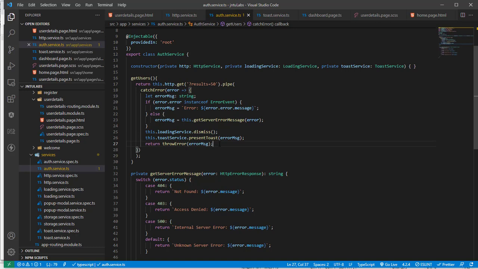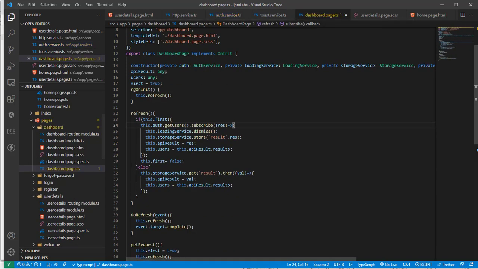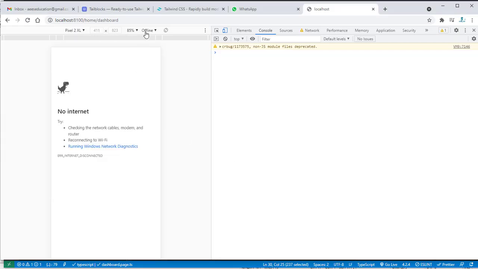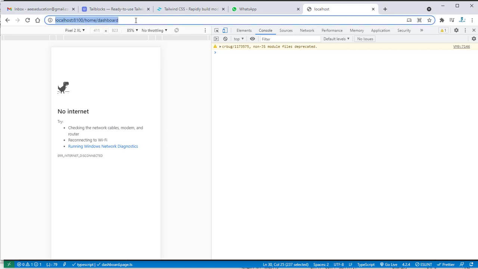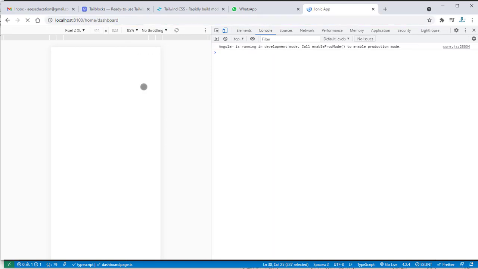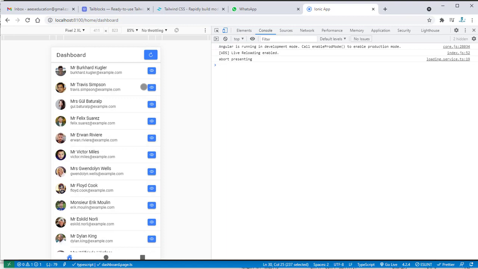If you want to return the error, return the error, otherwise it's okay. If you don't want to return the error, it's fine, or it's always good. No, you need to return the error so that this function gets completed and it goes to dashboard return. Here we are requesting it, and then the functionality will be working. So now it's offline. Now I'm making it online, and you can see I got this beautiful message right now.